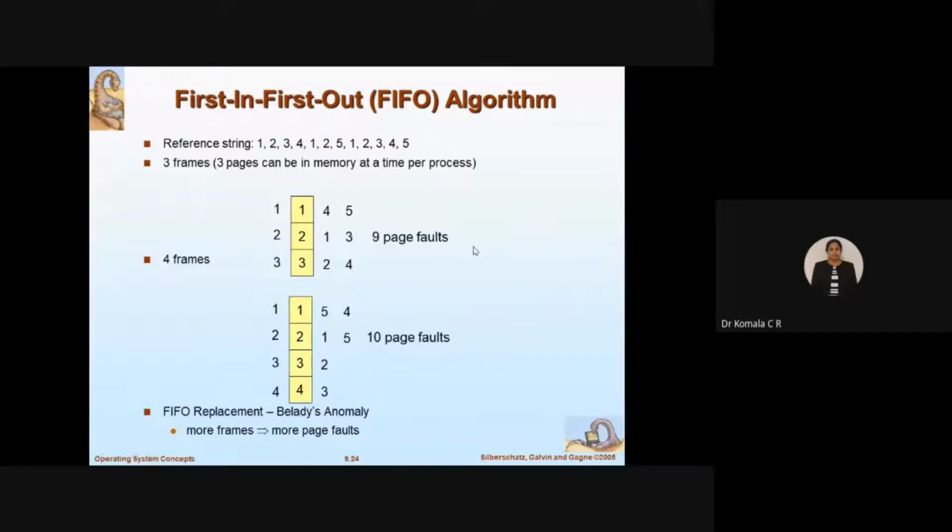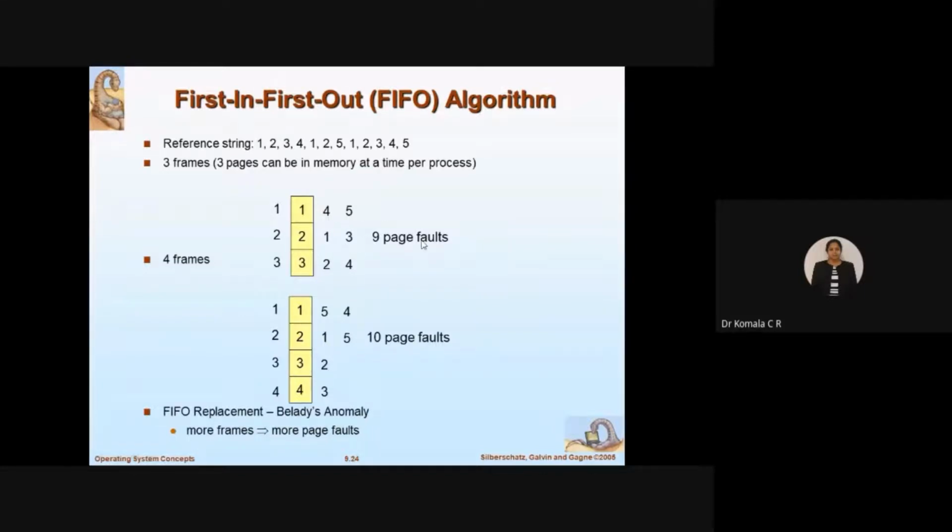Let us understand. See here, students, how we have filled here. 1, 2, 3 I have filled. First 1 is filled, then 2 is filled, then 3 is filled. What is next? 4, 1, 2 is filled. Next I have 5. 5 I have filled. Next 1 is already there, I don't want to fill. 2 is already there, I don't want to fill. Next I will fill 3. Next I will fill 4. That is how we are going to follow the concept. Anyway, I have a complete example in the next slide. The concept is explained here.